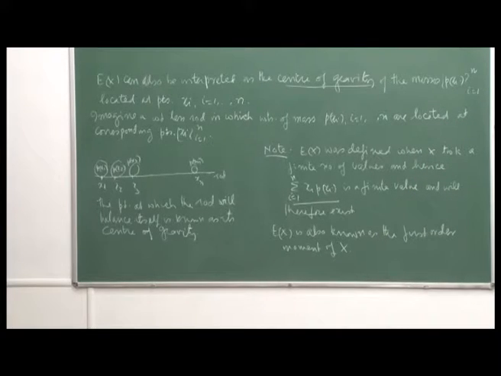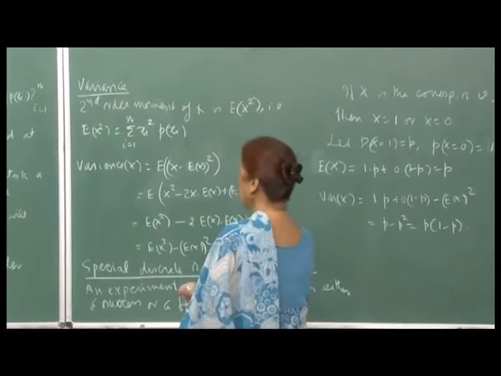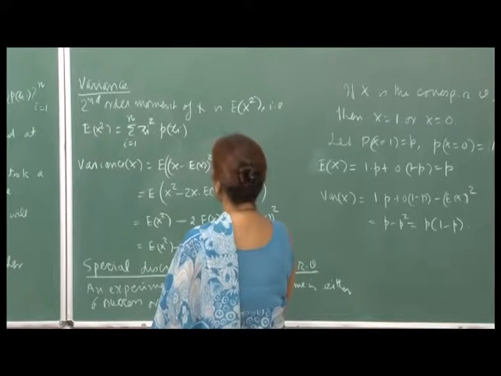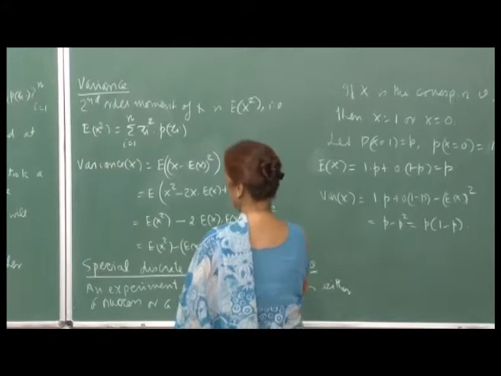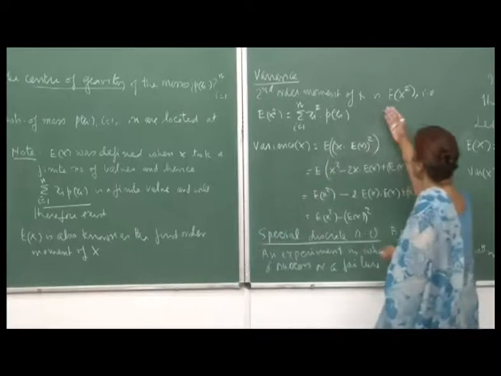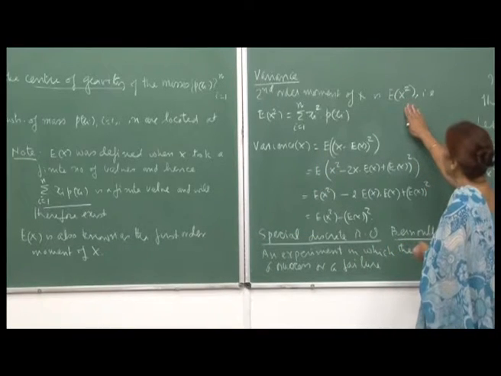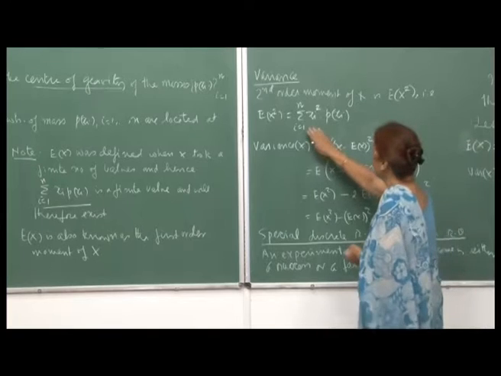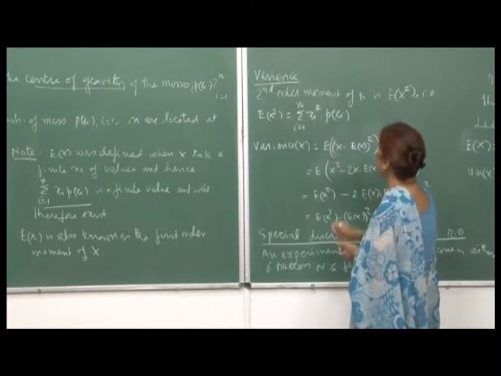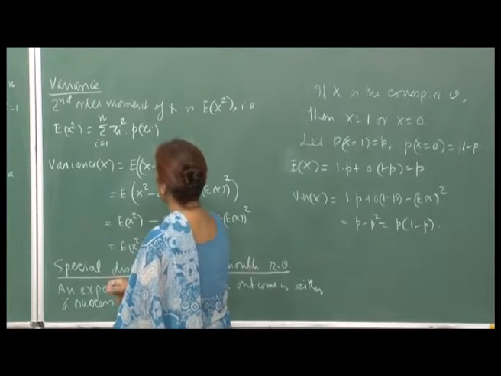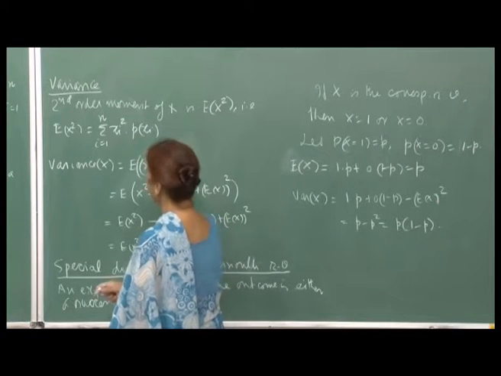So, let us see, then the second moment can also be defined here. If this is the first moment, then the second moment would be the expectation of x square, which is the summation, i varying from 1 to n, of x_i square p(x_i). And then a very important